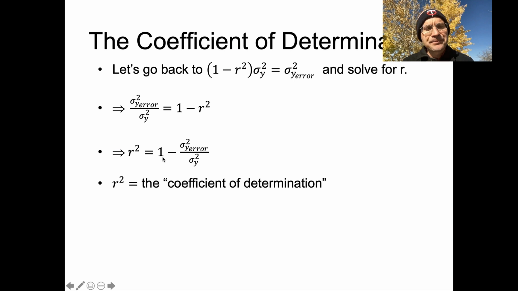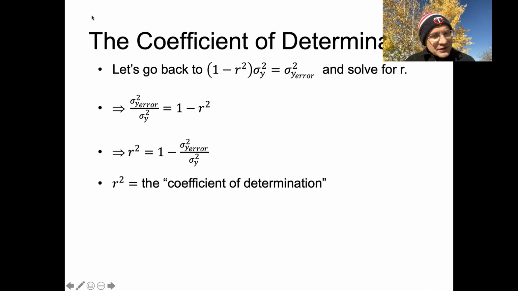So if there are no error terms at all, if you have a perfectly predictable relationship, then r squared equals 1. Let's say, on the other hand, that you can't make any predictions at all, and all of your y variance is error variance. Then the numerator equals the denominator, so the fraction is basically 1. So we have 1 minus 1, which is 0, and r squared equals 0. If everything is just an error term, you can't make any meaningful predictions at all.